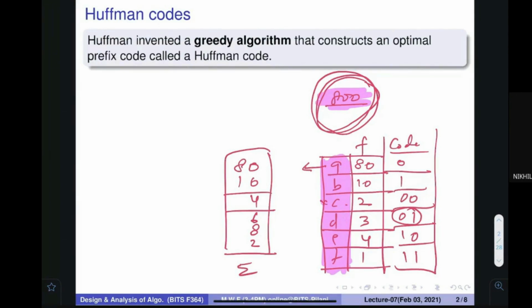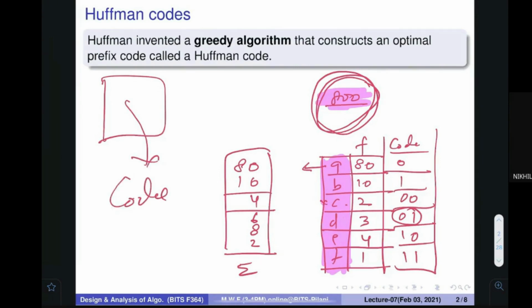So this is an interesting idea that says that if you have some data, you can construct a special code for it so that it requires less space. Is this idea fine, everybody? Do you have any questions? Is this idea fine, that if you have to code something, you find out a suitable code for that thing?